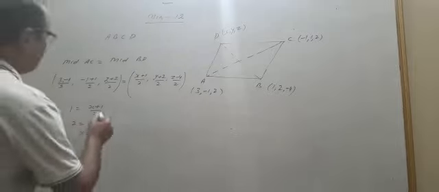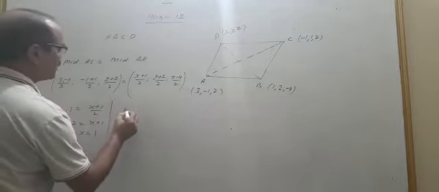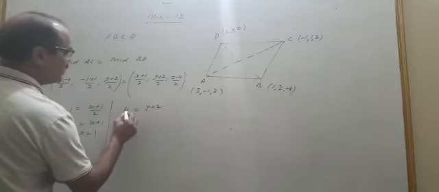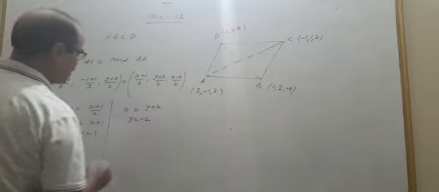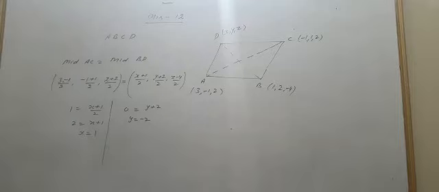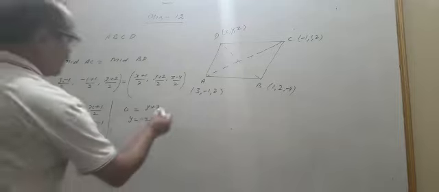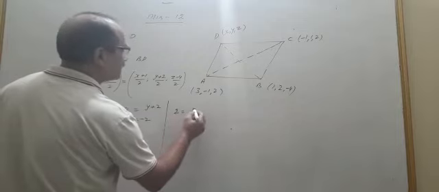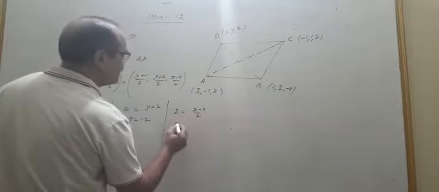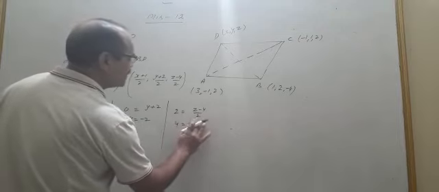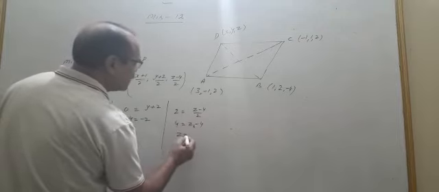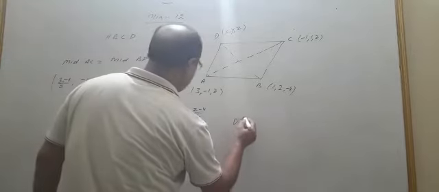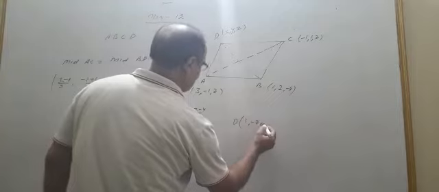Now comparing this with the second, that is 0 minus 1 plus 1, 0 is equal to (y plus 2)/2, that implies y is equal to minus 2. So therefore the y value is minus 2. After that you have to find the third. On comparing this third result, that is equal to 4 by 2, that is 2 is equal to (z minus 4)/2. This becomes 4 is equal to z minus 4, or z is equal to 8. So therefore the coordinates of this fourth vertex D become 1, minus 2 and 8.